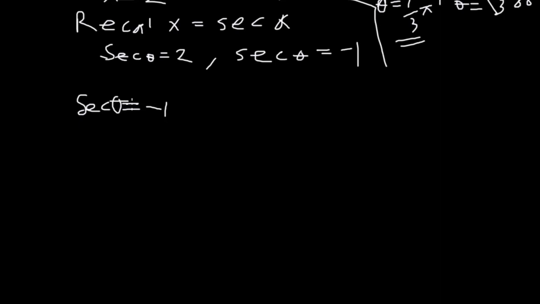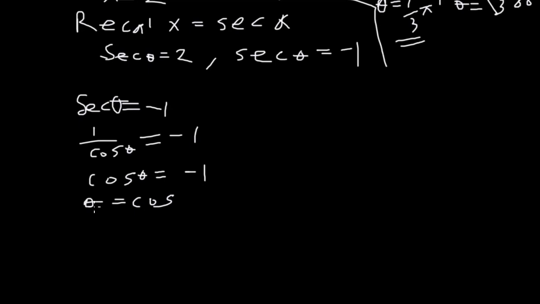So when sec theta is equal to negative 1, you also recall that sec is nothing but 1 over cos theta, which gives you negative 1. So meaning our cos theta, when you make cos theta the subject, you are going to have something like this. So your theta will be gotten by finding the cos inverse of,